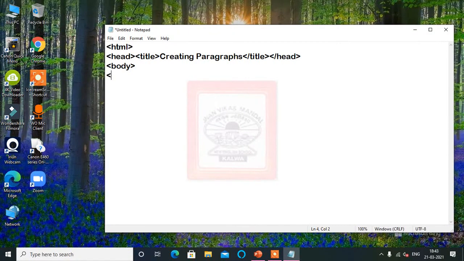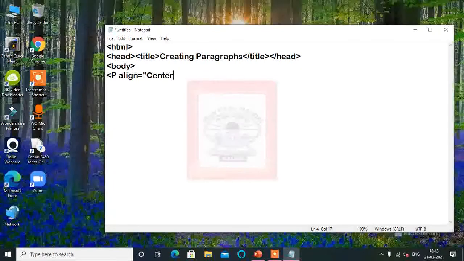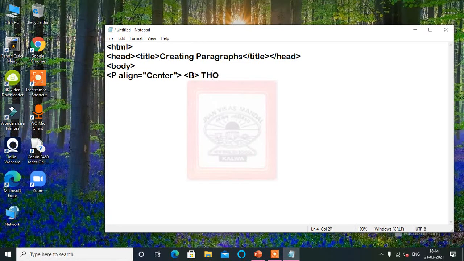In this we are going to use the paragraph tag with align, giving center. Then B for bold, and giving the heading, thought of the day. Let's type in capitals, THOUGHT OF THE DAY.